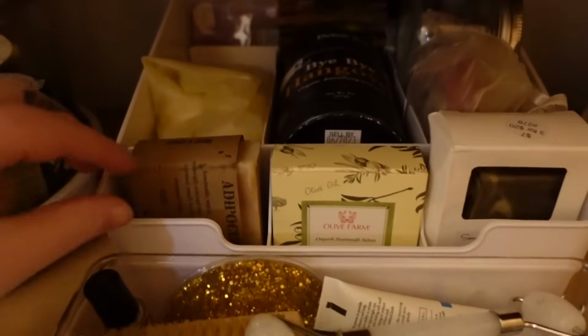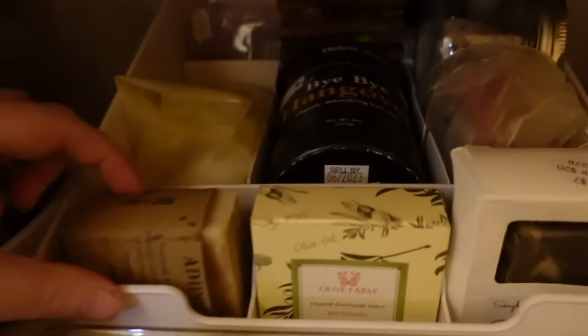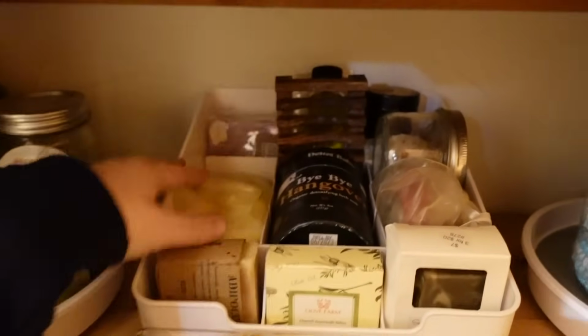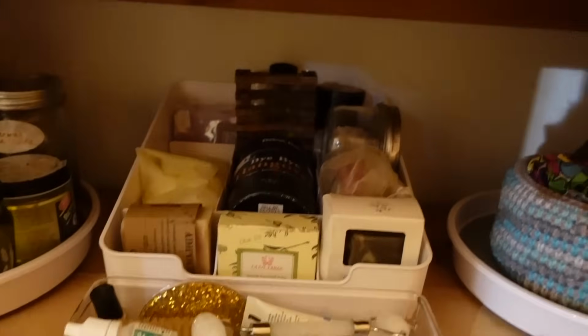But I got this little organizer. It's actually a fridge organizer from Target, and it has these little sections. So I sectioned off all of my various little bars of soap and some bath salts, a little soap holder as well for the loose soap. I'm about to be out of my body wash, so I'm gonna make the transition to bars of soap finally